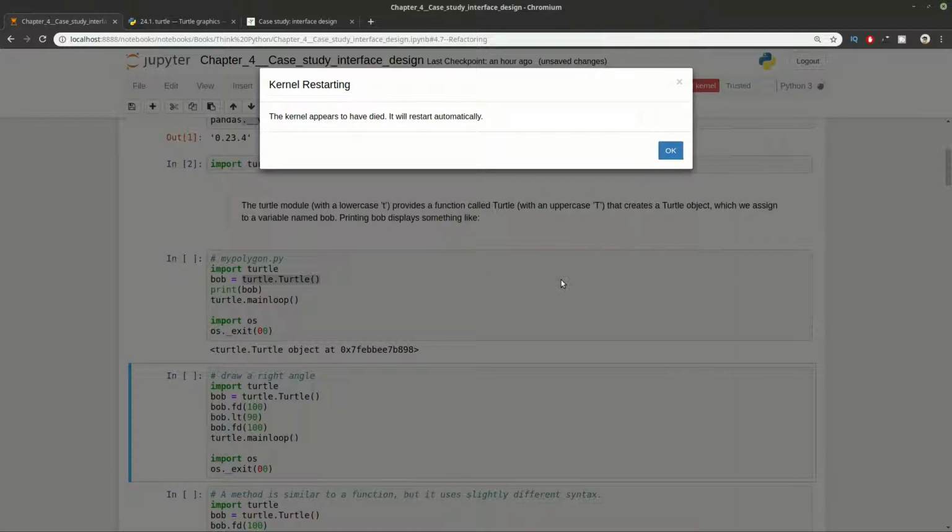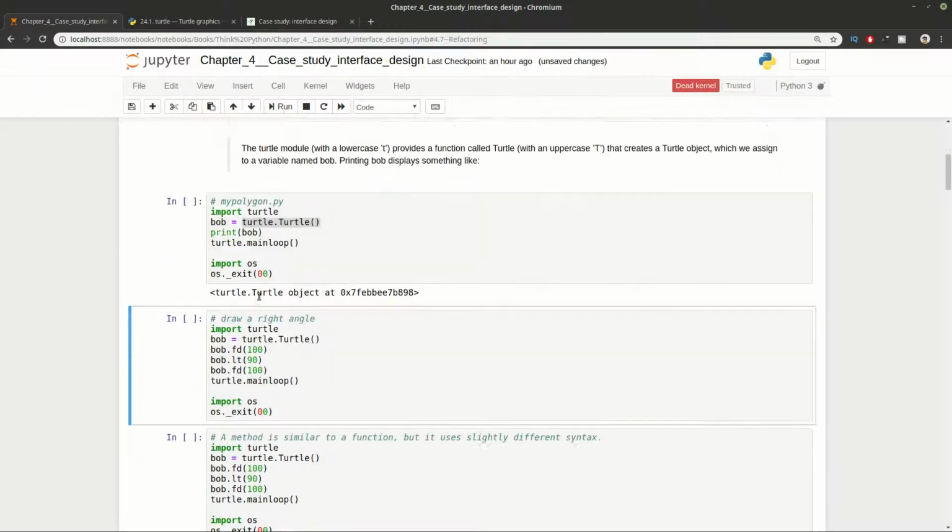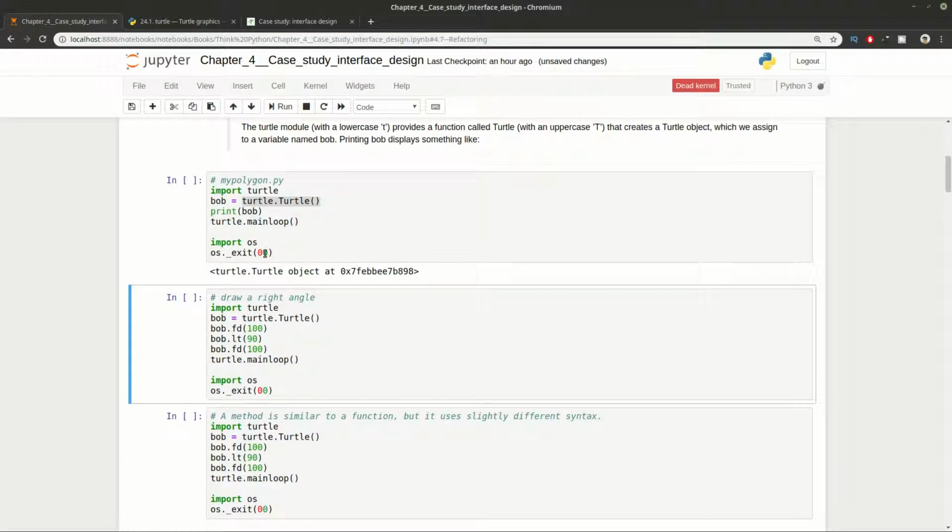By the way, I will use import os and exit in order to restart the kernel, because otherwise the program would have some errors due to the Jupyter Notebook.